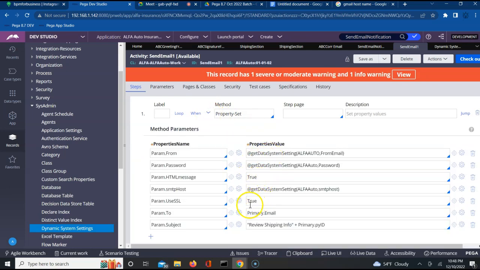Few were true values, we passed them. And few were like email details which are present on the PY workpage, we pulled them. Subject is something which we built that also had a PY ID, we pulled. Perfect. We did that. Now